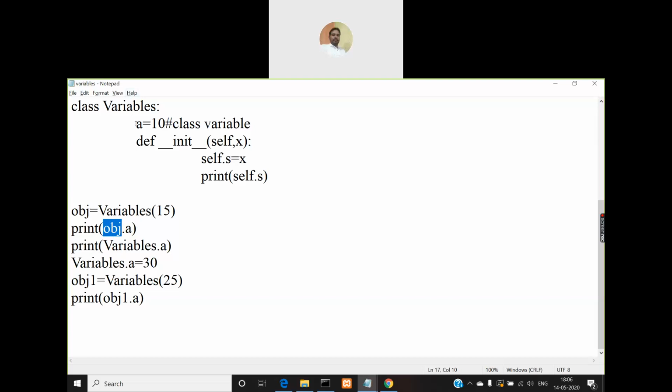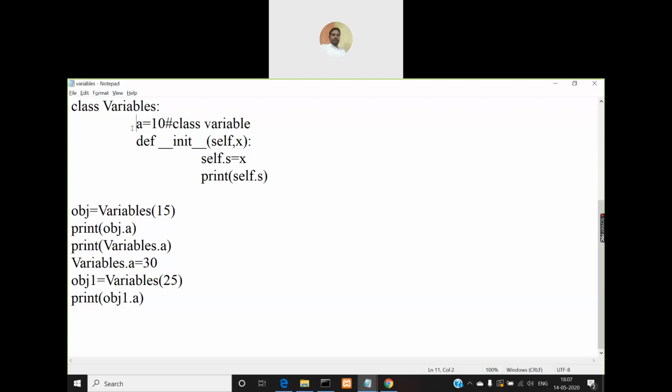But if there are two a variables in the class, one is a class variable and the other one is an object variable, then when you use obj.a, this will refer to the object variable. When there are no object variables with the name a, this obj.a will refer to which one? The class variable a. Just like in the previous program we discussed, when you are using the self keyword to access a variable name within the class, if there is no object variable with that name, then it can be used to refer to the class variable with that name. But if there is an object variable, then that will be referred to instead of the class variable, right?